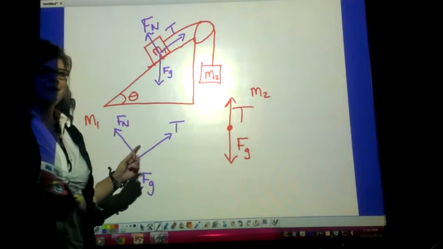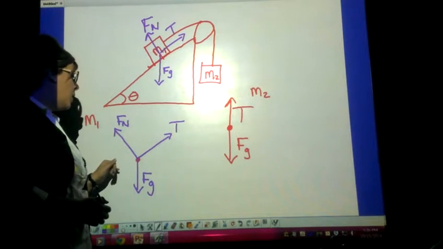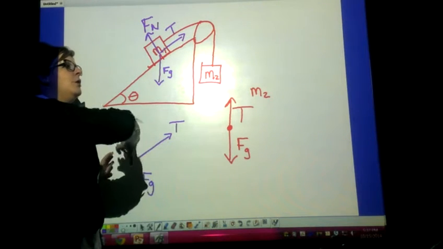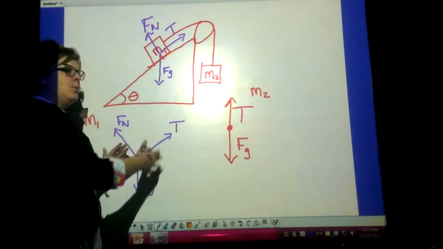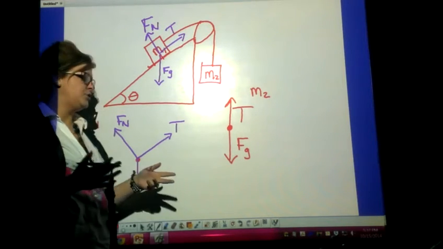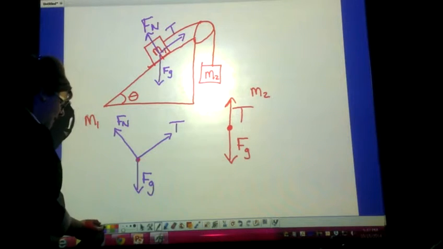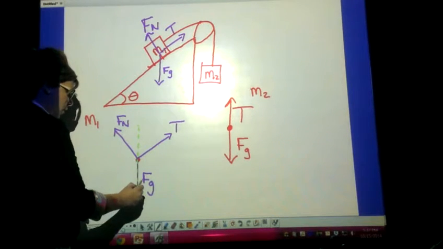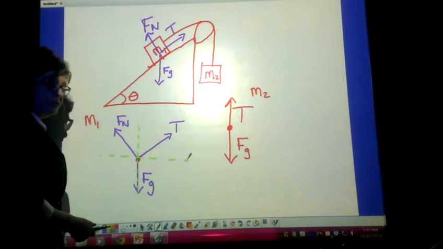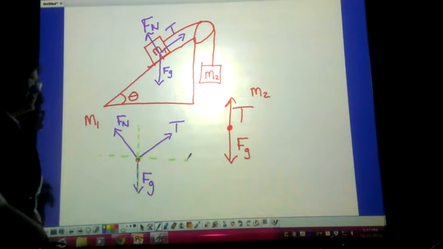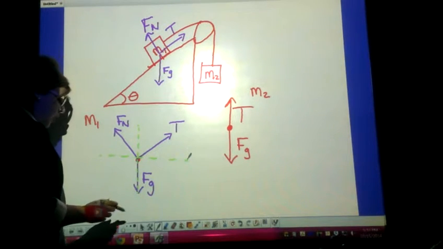You have two options. One option, because I don't like the way that this is, I want to break it up into components. I want to show all of them at least having similar axes, or what component would go in the X and what component would go in the Y. So you have an option. I can leave it like this, and I could think about my X and Y axes just as normal. So if that's the case, tension has to be broken up into components. The normal force has to be broken up into components according to theta, okay? Or